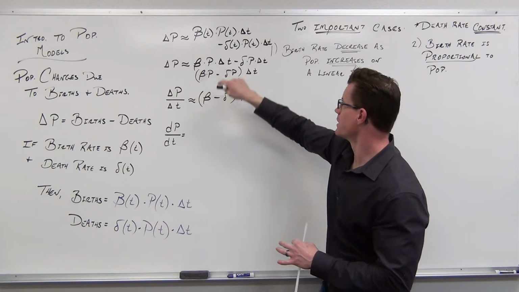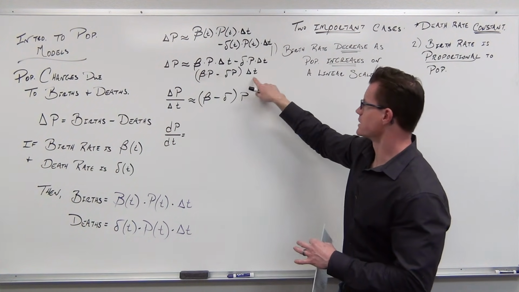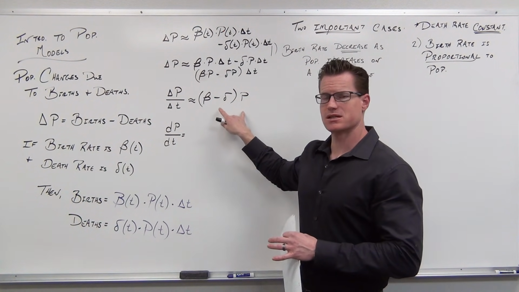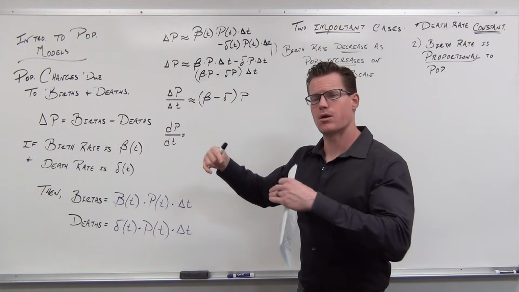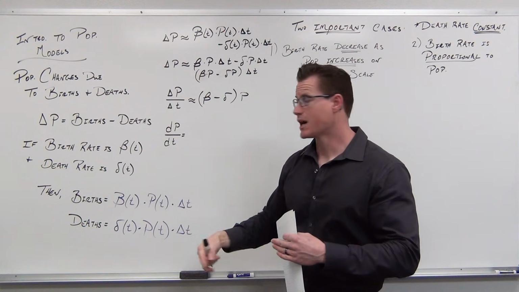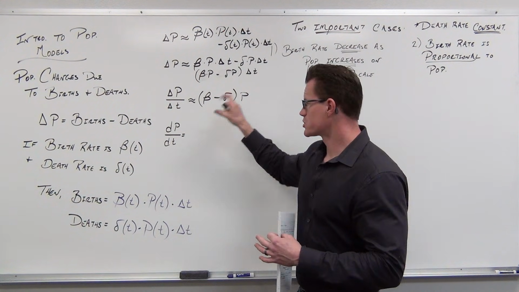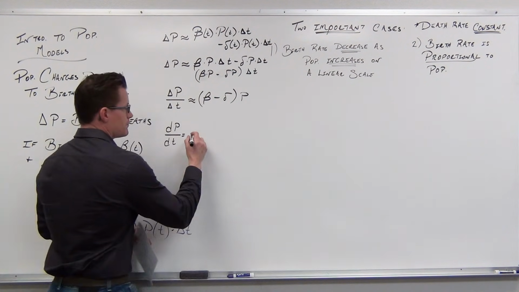No problem. That's all we've done. We have factored out our delta t. We've divided by our delta t, and we have an estimate for how our population is changing with respect to time, an incremental change. If we take the limit, then that error should go to 0, and we have this